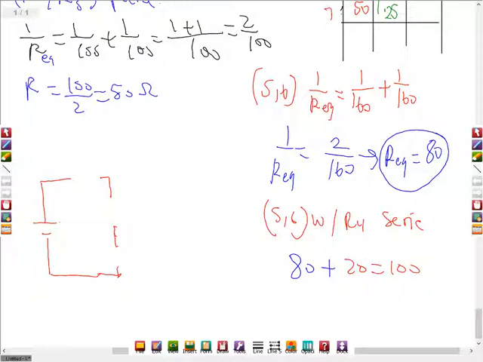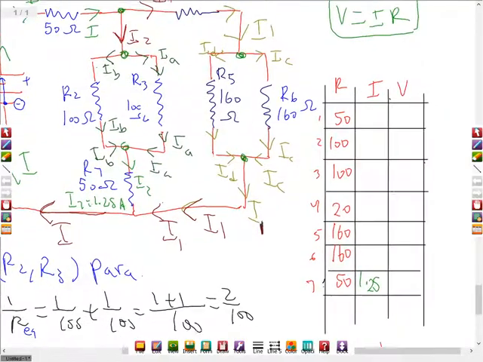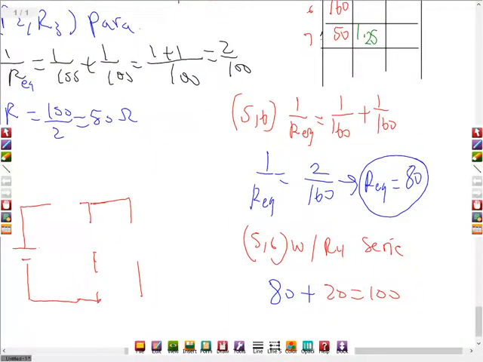To show you what I mean, you will see what I mean here. Okay, here we found this 100, the equivalent for the last part. This is 100, and this is 100, and this is